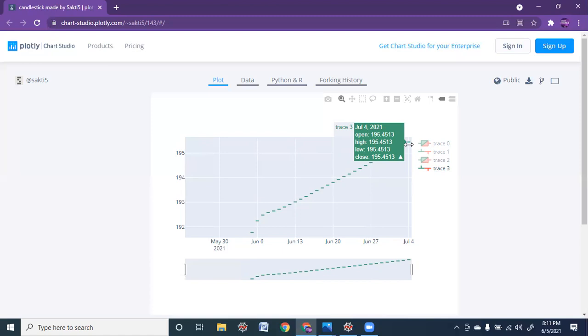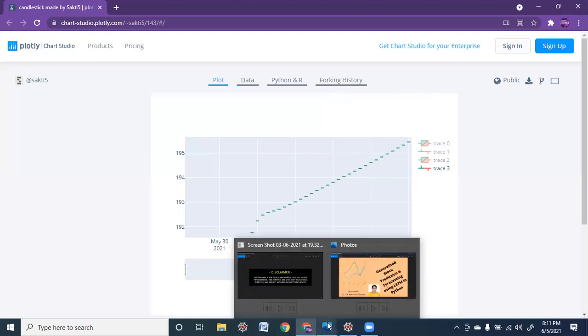But close alone, we have forecasted. So please consider the close value alone for this 1 month forecasting. This is what I wanted to emphasize here. OHLC will only accept values for all of open, high, low, close.